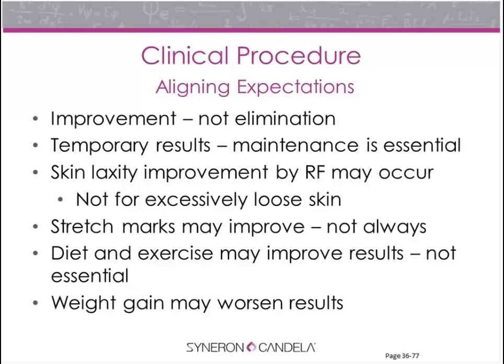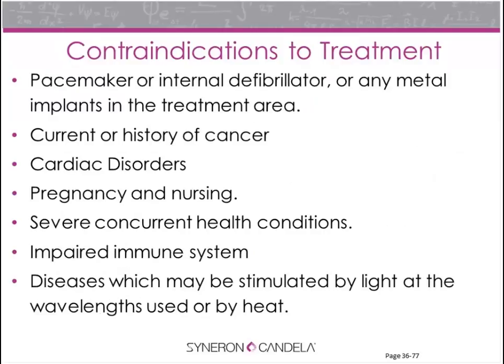And weight gain can negate or worsen the results. Who is a contraindication? Anyone with specific heart disorders, cancer, pacemaker, defibrillator, especially unless it's directly over the treatment, pregnancy or nursing, because this is an energy device specifically on the abdomen, with any other comorbid health conditions, specifically if you're doing thigh or stomach or vascular disease, dilated blood vessels, impaired immune system, specifically if you're worried that they're not going to get that collagen stimulation like other people would who have normal immune systems,